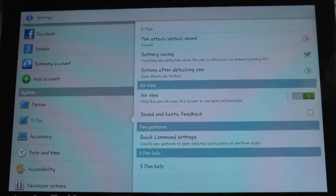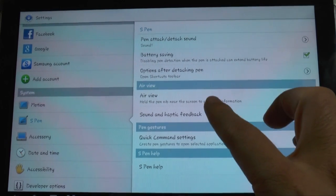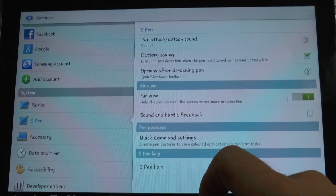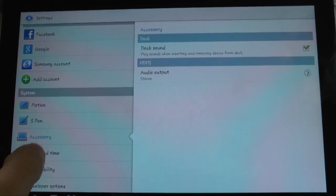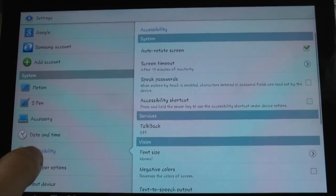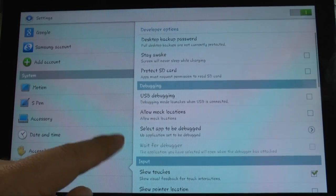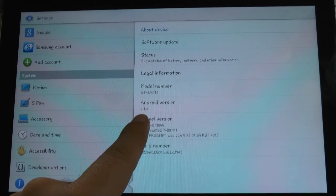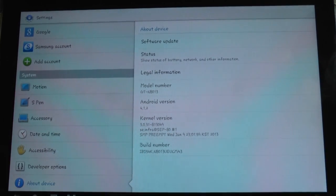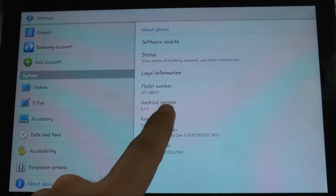S Pen. S Pen has a couple of new features. The main 2 are with AirView and Quick Commands, which I will show you both in a second as I go over the different S Pen features. Just want to go over any other differences. Accessibility, nope, that's all the same. And developer options, that's the same as well. Alright, and you can see that this version is Android 4.1.2. So that is the latest version, and this is the US model, of course,